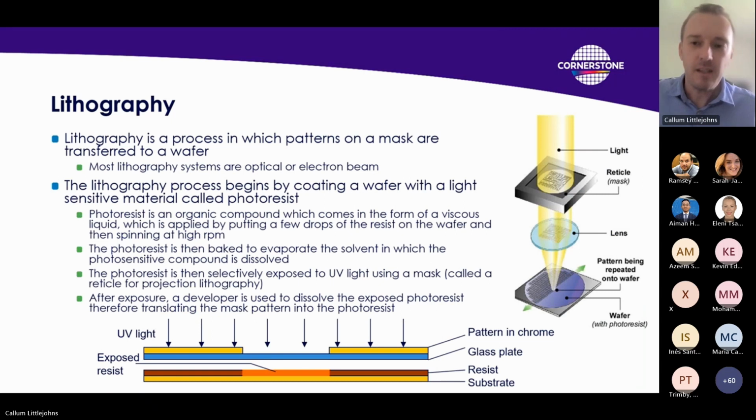So starting with lithography, because it's really the fundamental process within any semiconductor process flow. This, in a nutshell, is the process of defining your design onto the surface of the substrate. And the way it works is we spin what's called a photoresist layer onto the substrate. This is done at high RPM, so we get a nice uniform coating. And this contains a photosensitive compound that's suspended in a solvent. So once we've done this spinning step, we then bake the wafer, and that evaporates the solvent, leaving behind our